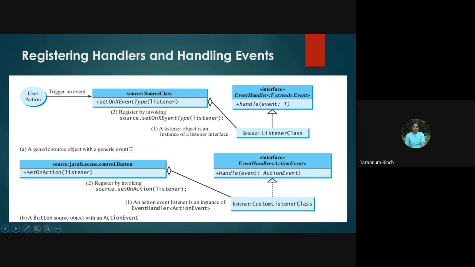The listener is given as an argument on set on event type, and we are doing it over a source. Whatever UI component we have taken, for example, in the previous example we took a pan, so we said pan dot set on mouse pressed, and then the event listener was E. There is an event handler interface which is extending the base class event.